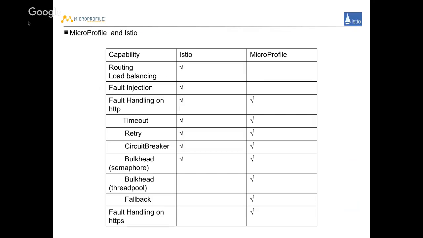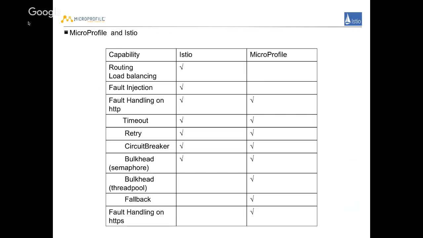And for fault handling, this is the area where both MicroProfile and Istio can do it, and sometimes they have potential conflict. They can both do timeout, retry, circuit breaker, and bulkhead, the semaphore version of bulkhead. However, MicroProfile can do the thread pooling type of bulkhead, which is basically automatically spawning off a new thread.